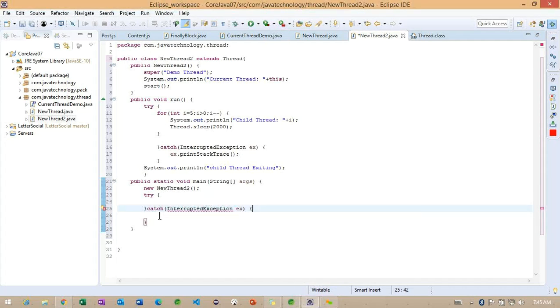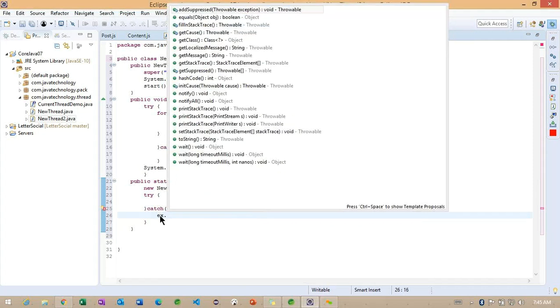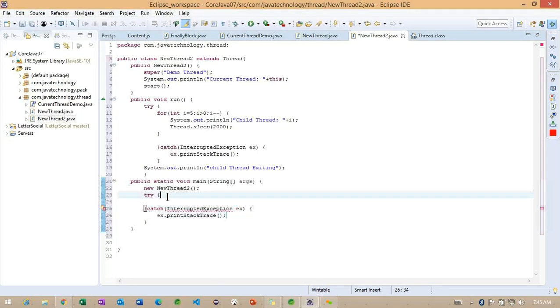Okay, so we'll try to print the stack trace.